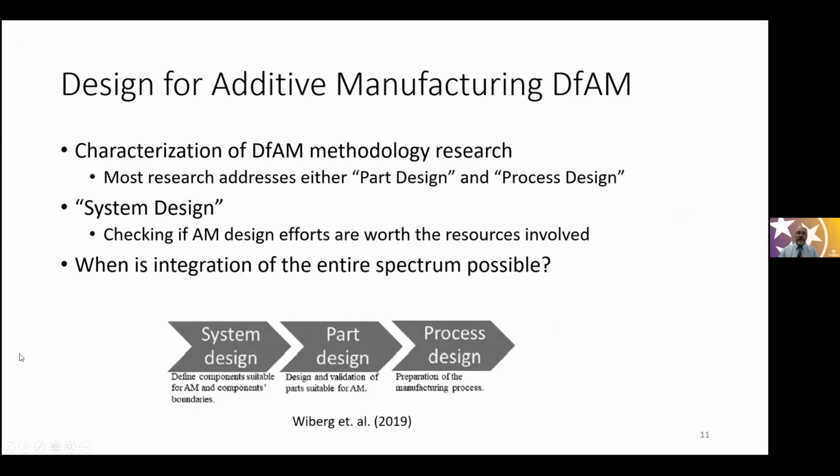Now, design for additive manufacturing, the design methodology approach, most researchers break it down in these three areas: system design, part design, and process design. System design is not the functional design. It's looking at the system you're going to manufacture. And then what you want to do is to say, which one of these parts am I going to create for 3D printing? And honestly, for my money, this is the one that needs the most research. How do you evaluate a physical system that's in either conceptual stage or a near first article stage, and then judge